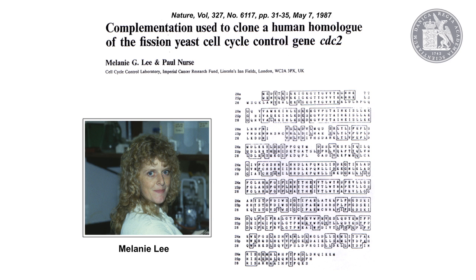In fission yeast, the protein is 297 amino acids long, human is 298, just one amino acid difference, and there was 61% identity at the amino acid level, and this is 1 billion years of divergence. Highly, highly converged, and the conclusion we came to was that, in fact, the human CDC2 gene exists, and that, we argued, means that the human cell cycle is controlled in the same way as the yeast cell cycle, and